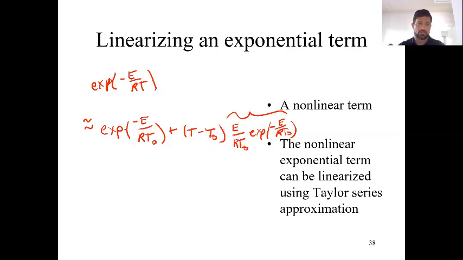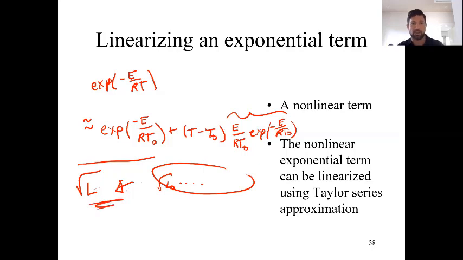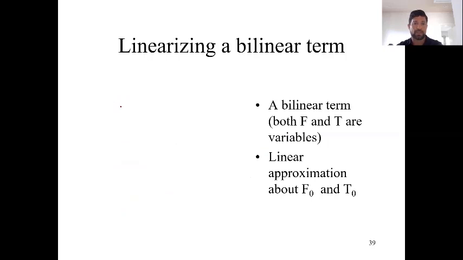The only other function, so in the exponential terms, the other function that might be useful, and this might show up later. So on your own, practice the Taylor series of the function square root of L. Again, we can approximate this as the first term is going to be the square root of L naught plus something else. So this right here is something that you can practice, and maybe this will come back later. So square root and exponential functions, those are common functions that are going to show up in process equations. And then the other equation that might show up is going to be,